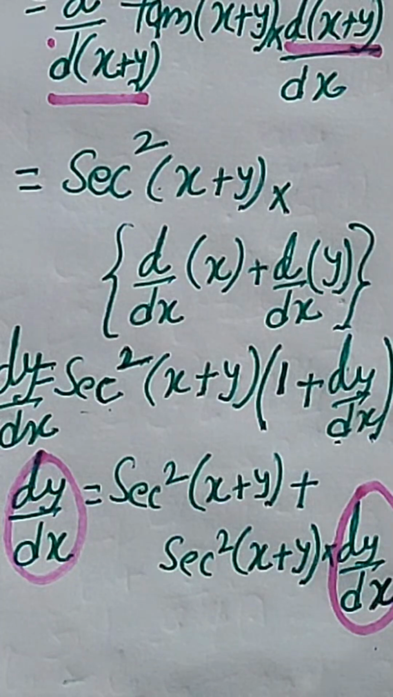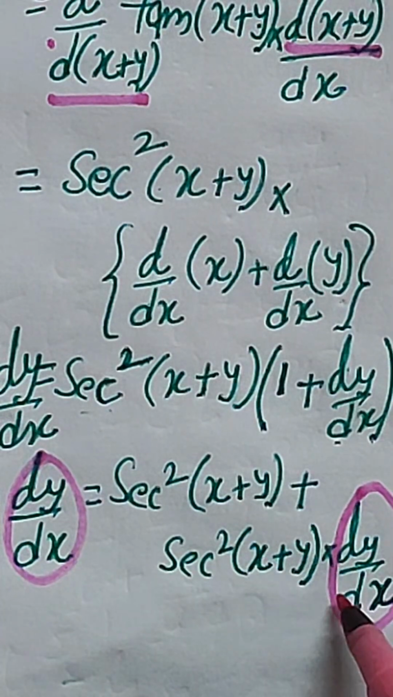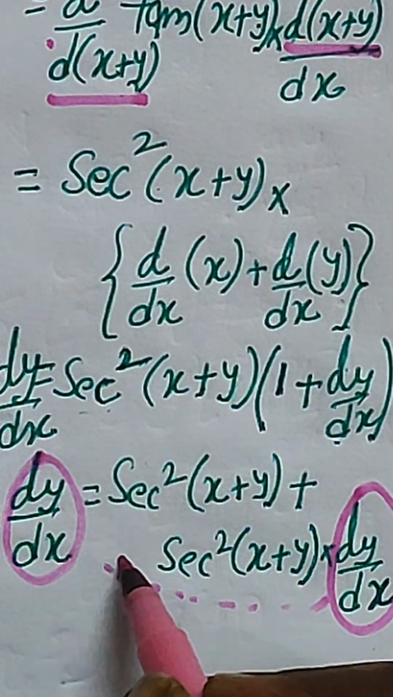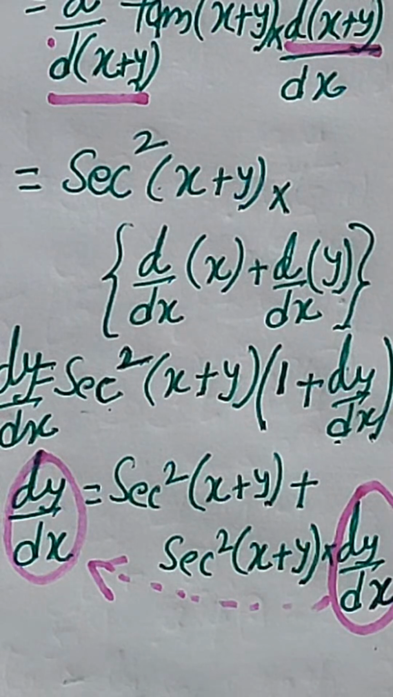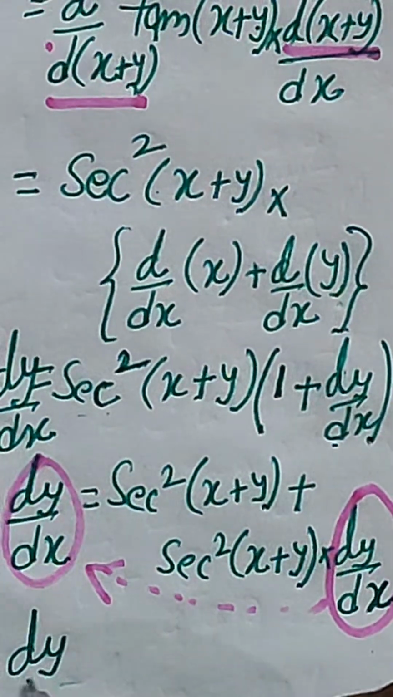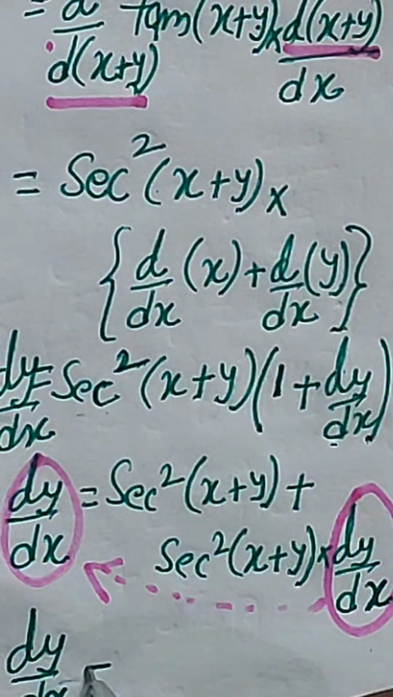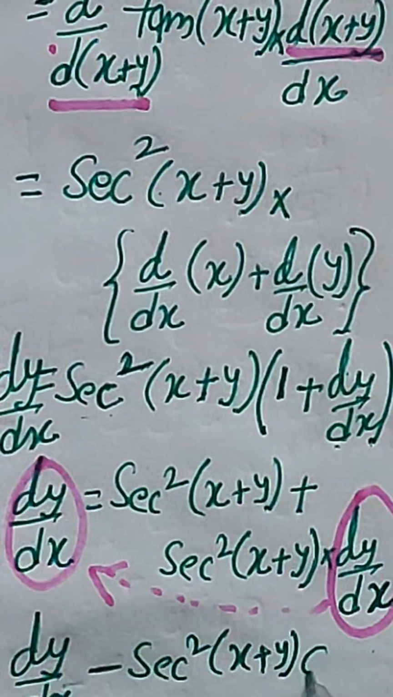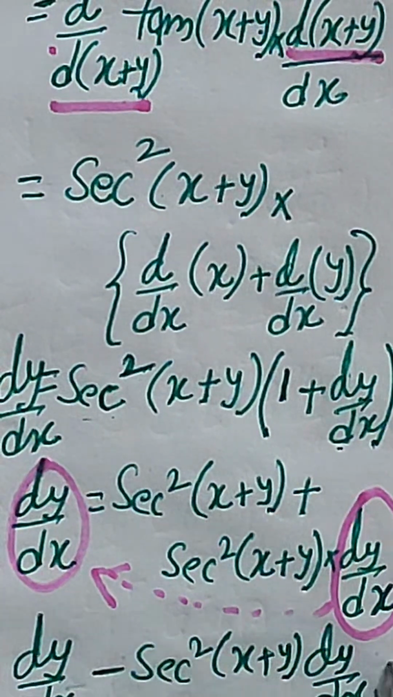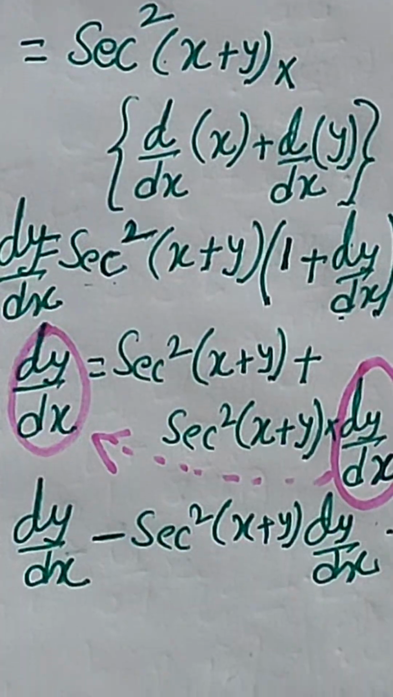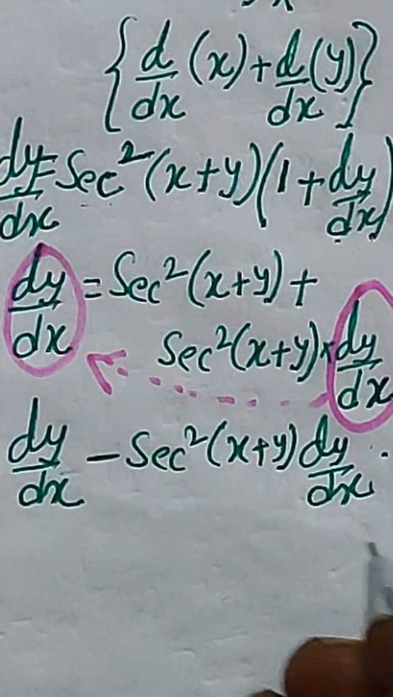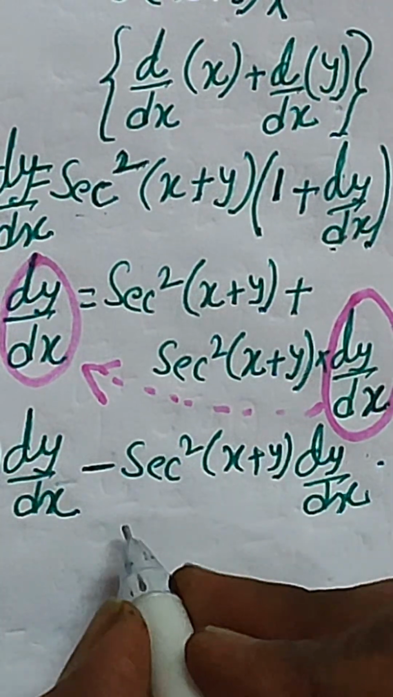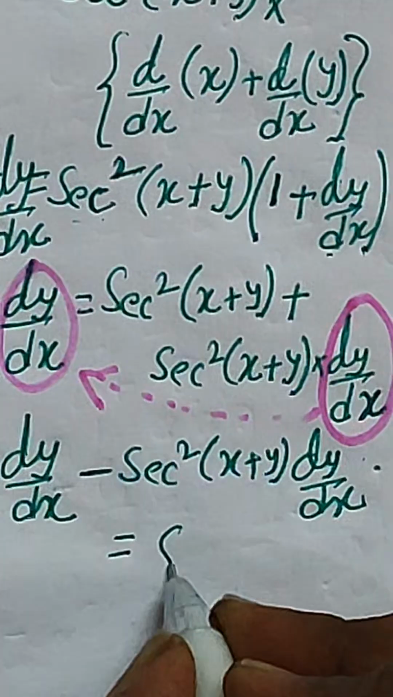So what we will do, we simply push this dy by dx to the LHS. Okay, this term will be pushed over here. Then we will be having dy by dx minus sec square x plus y into dy by dx, right. Let me push it a little up, right, and this is equal to sec square